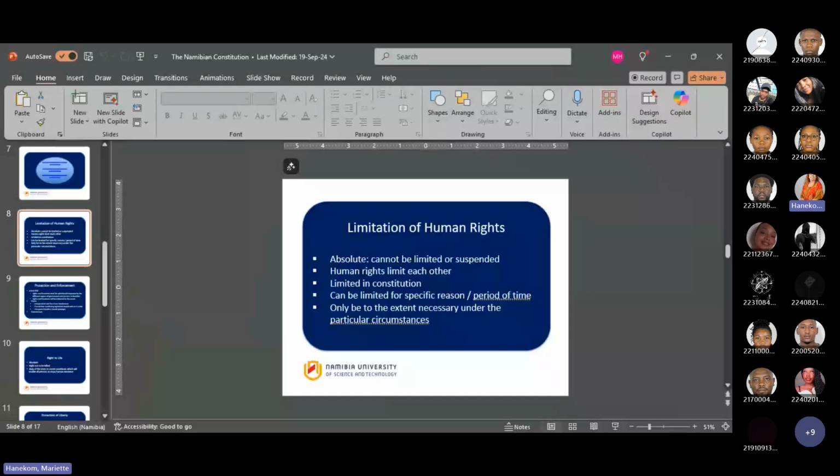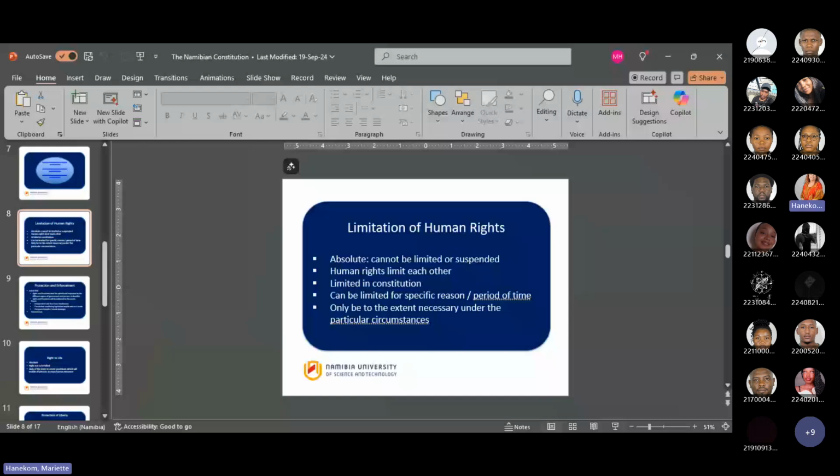But now you come and confront me and you say to me, but Ms. Hanekom, you can't say those things. And I say to you, but Matengo, in terms of the Namibian constitution, one of my fundamental human rights is freedom of speech. So by saying those things, I am exercising my right to free speech. I'm allowed to say what I want to.